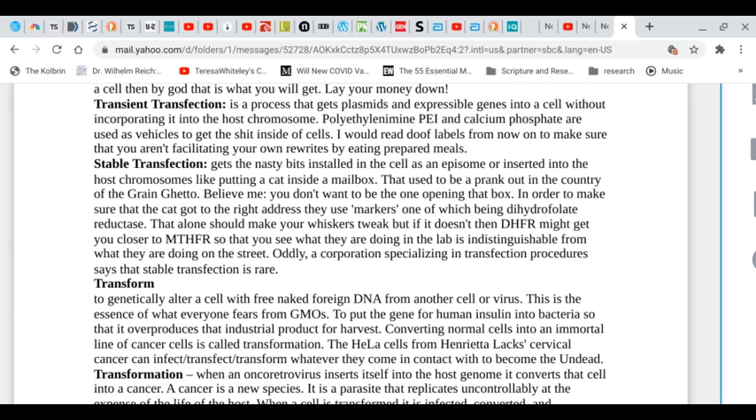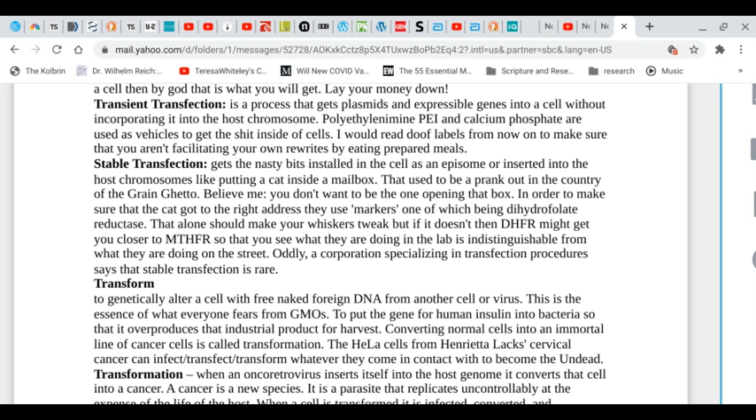Stable transfection gets the nasty bits installed in the cell as an episome or inserted into the host chromosomes, like putting a cat inside a mailbox. That used to be a prank out in the country of the grain ghetto. Believe me, you don't want to be the one opening that box. In order to make sure that the cat got into the right address, they used markers, one of which was being